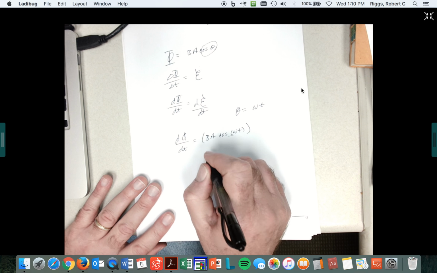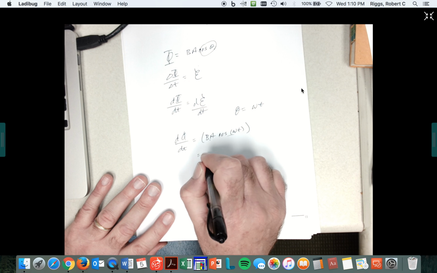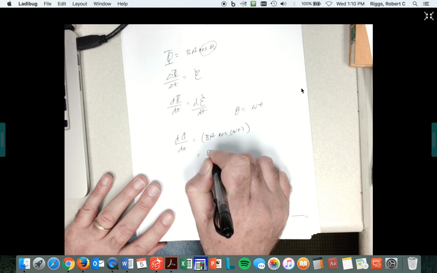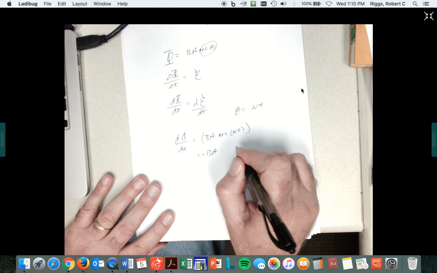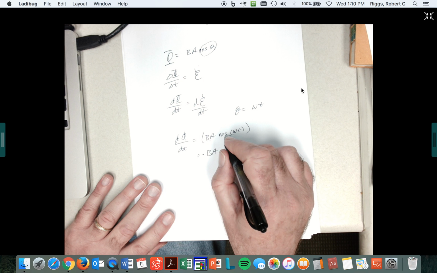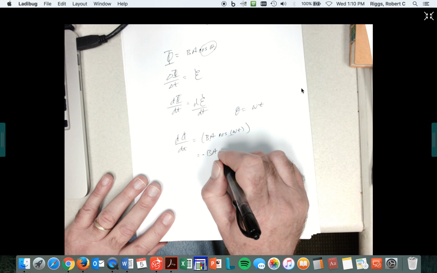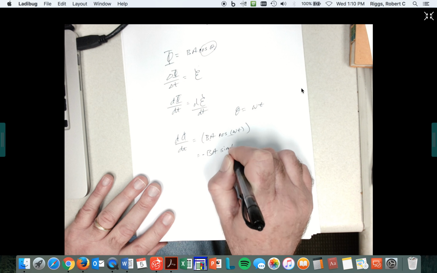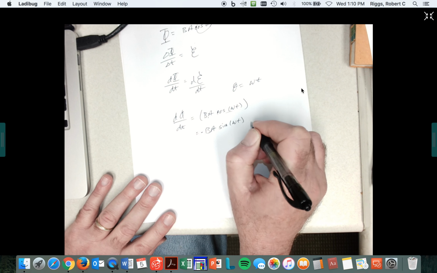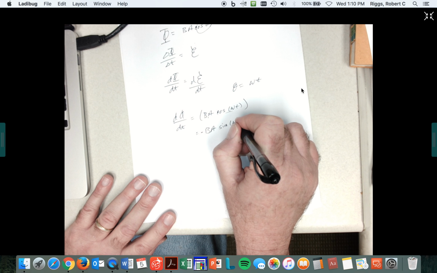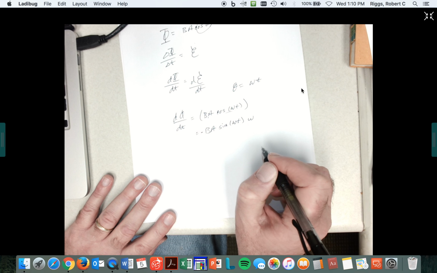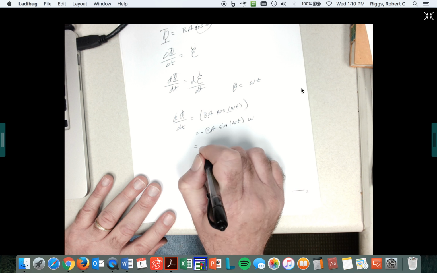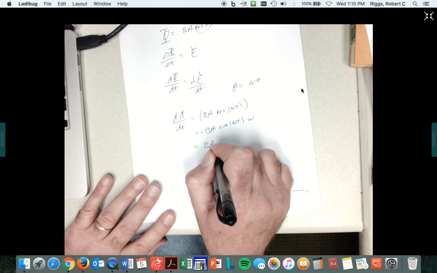These guys are constants, so they come out, and we wind up with BA times the derivative of the cosine, which is minus the sine of omega t. But wait, got to do the chain rule. Got to take the derivative of what's inside with respect to t, so I wind up with omega. So I wind up with BA omega